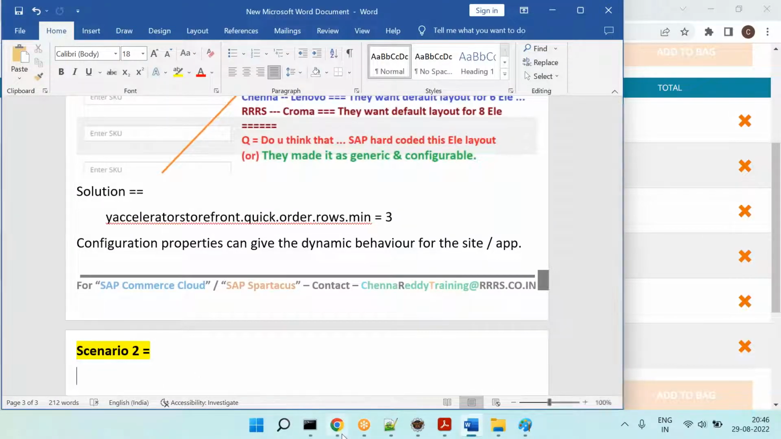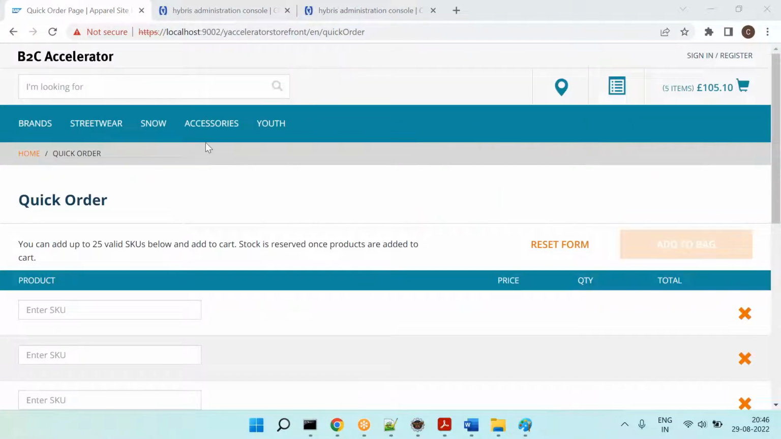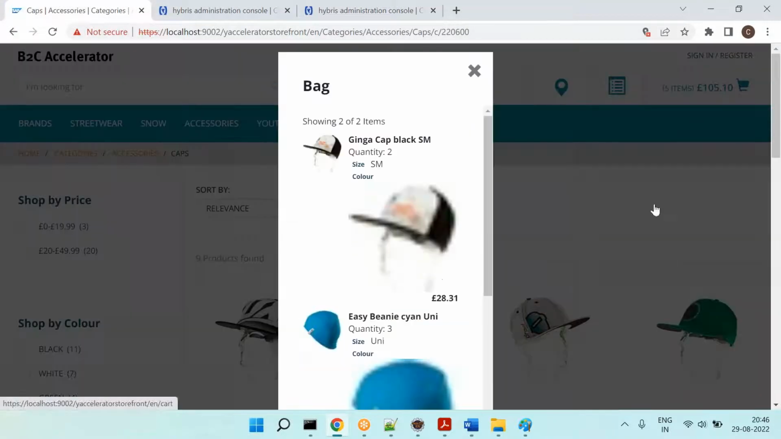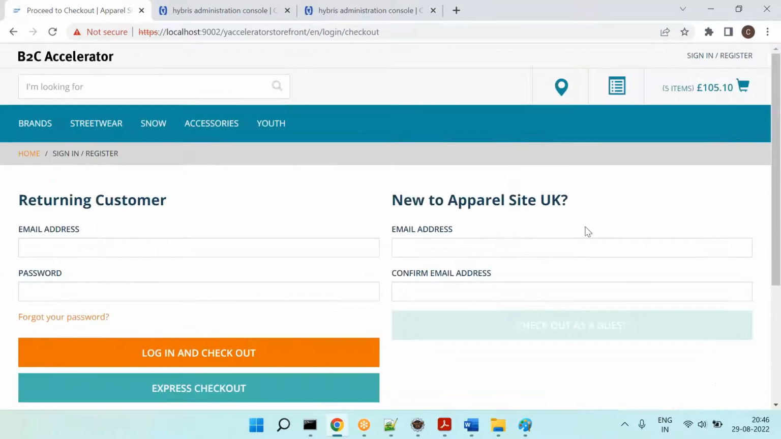Now let's take the second scenario. What is the second scenario? Can you see this one, please? Let me place the order. So I will try to add the item to cart. Can you please observe here? I will try to add the item to cart. Click on checkout. Now you can